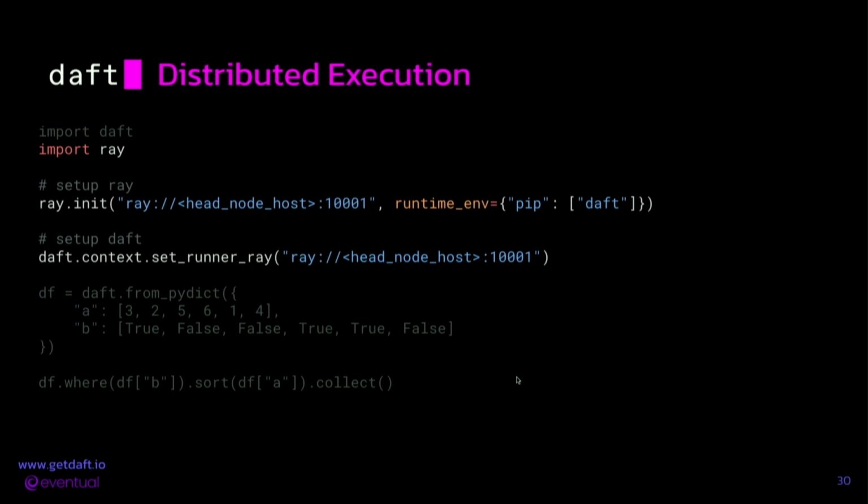Or if your data is huge and you're working with multimodal data, usually the data is spanning at least hundreds of gigabytes, and you want to spread this out on a cluster to take advantage of the cluster's memory and network resources. With Daft, all you have to do is point to a cluster, and we use a technology called Ray. If you can spin up a Ray cluster, all you have to do is point Daft at it, and we will automatically use the resources on that cluster instead of your local machine. Ray is also available on Databricks, so if you have a Databricks account, just spin up a Ray cluster and point Daft at it, and all of a sudden, you now have distributed computing, which is pretty powerful.